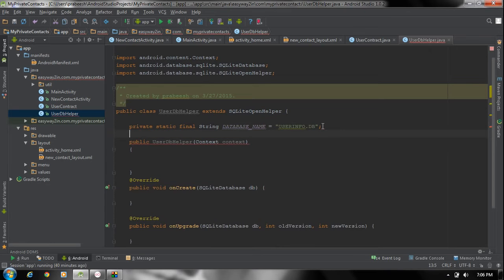Okay, and now we have to define the database version. So private static final int, I name it as DATABASE_VERSION. I put the value 1 for the database version. Now we can call the superclass constructor in the constructor of this class. So super,